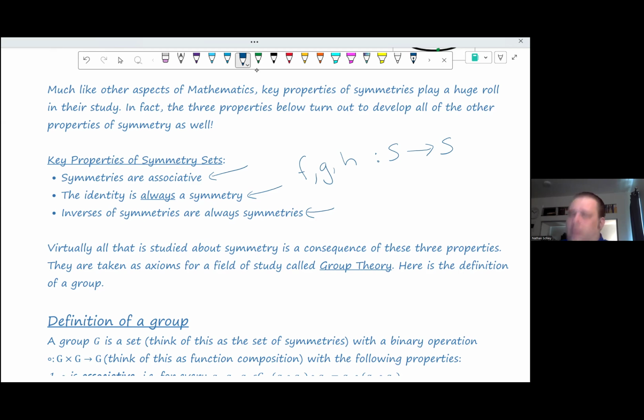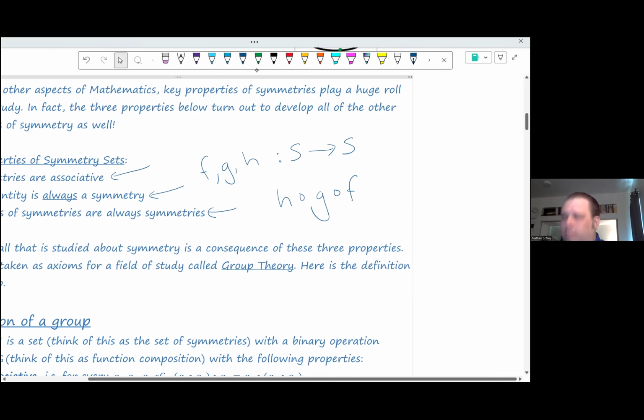So function composition, as we proved in class, is associative. So if we do F and then G and then H, this might not be well defined. If these are just abstract symbols that we put together, they may not be associative. And that might seem unbelievable, but if I do something like this,